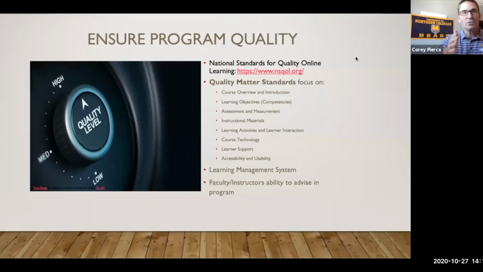Students who are online should have access to the same resources or similar resources as your face-to-face students. In each course shell, there should be a link, especially graduate courses, to the library. Link to the library resources, so students don't have to leave your system to get there, especially if you're in a research type of course or a graduate course.